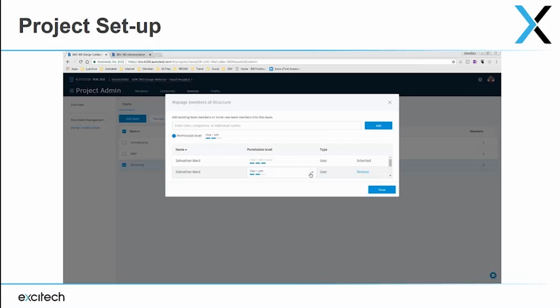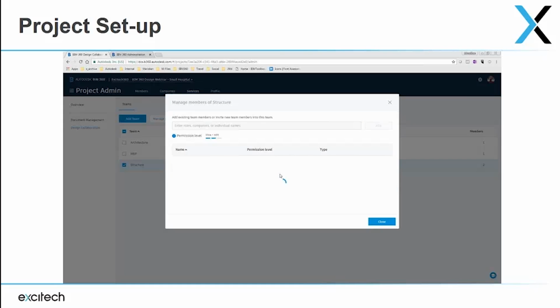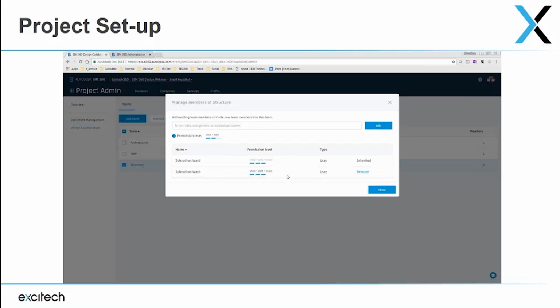We can make changes to any of those at any point in time. If we need to adjust the permission, just add this extra level that's required or restrict it back to just a view only. And we just close that off